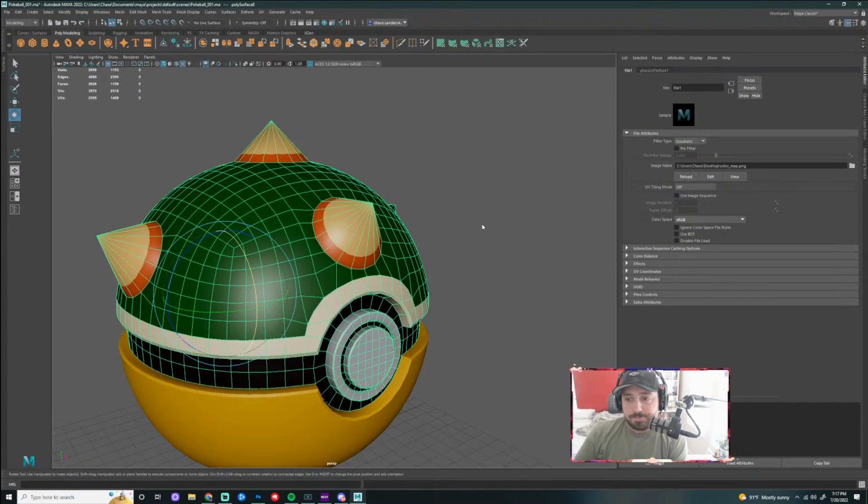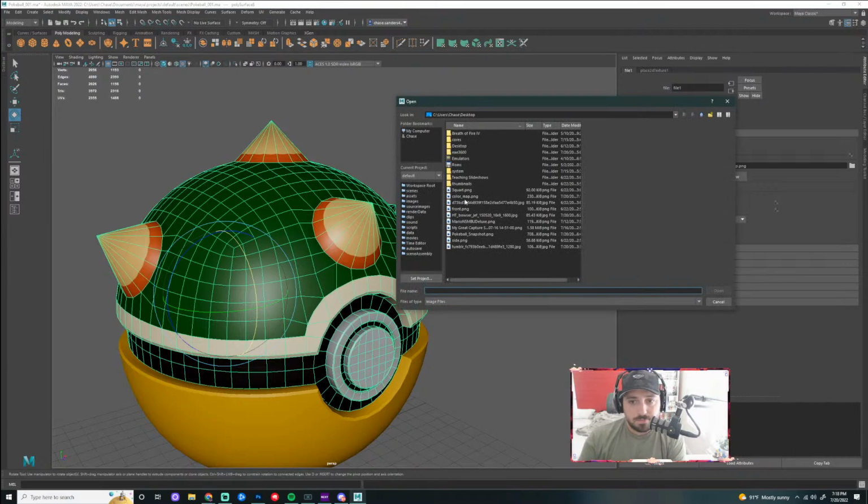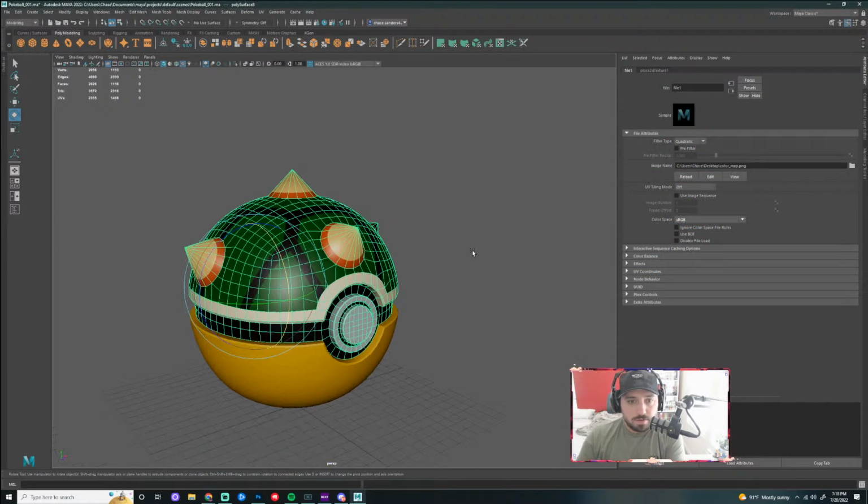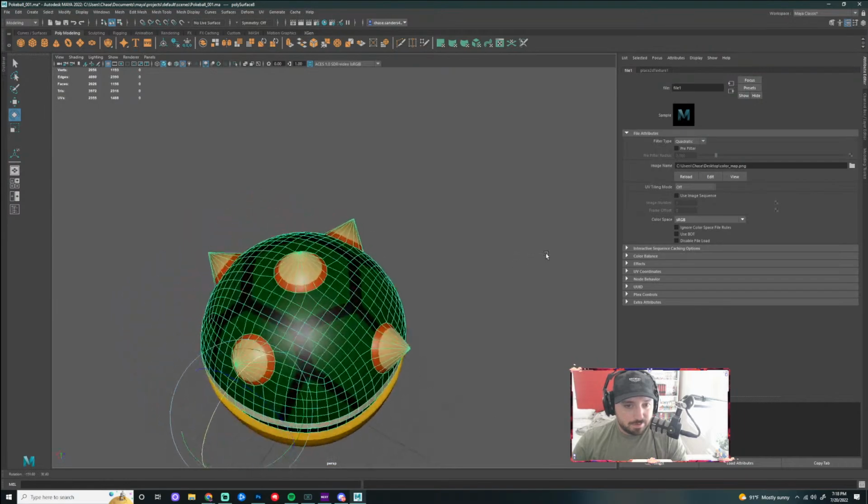That's the step, right? So once this decides to load again, we can reapply our texture real quick here. See if I can get this to work right. Okay. It kind of works.